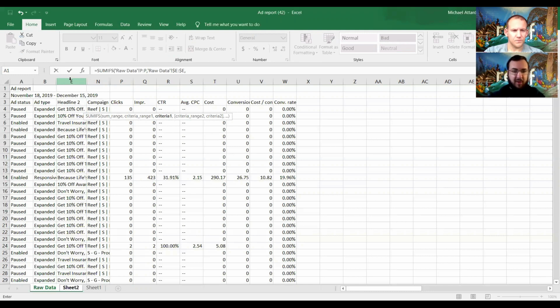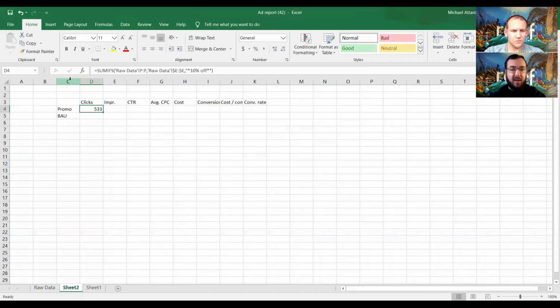So now that we've locked down the headline 2 criteria range, we want to look for a specific string or substring. We open up our quotation marks, and because it's a substring that can appear anywhere within the actual headline, we throw an asterisk in there, which is a wildcard, meaning any number of any character. Then we've got 10% off, which was our promo messaging. We'll drop another wildcard at the end, close off those quotation marks, close off the formula, and hit enter. And that is the number of clicks that was driven by that particular